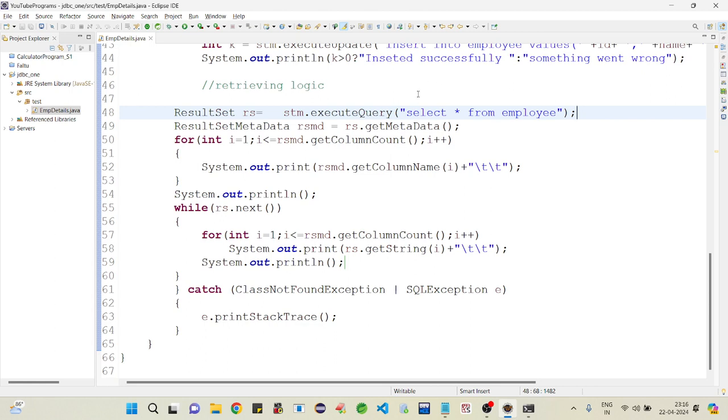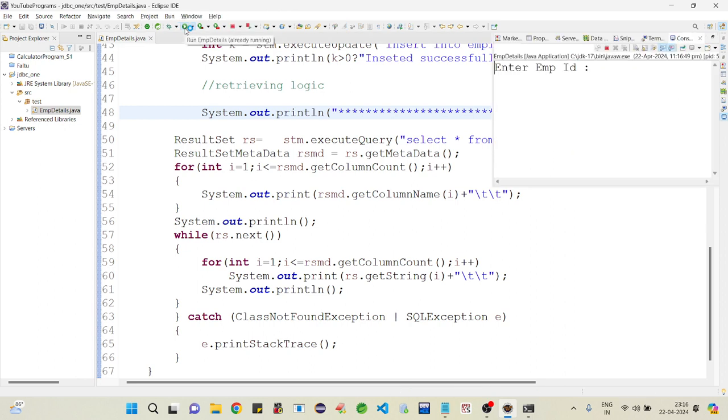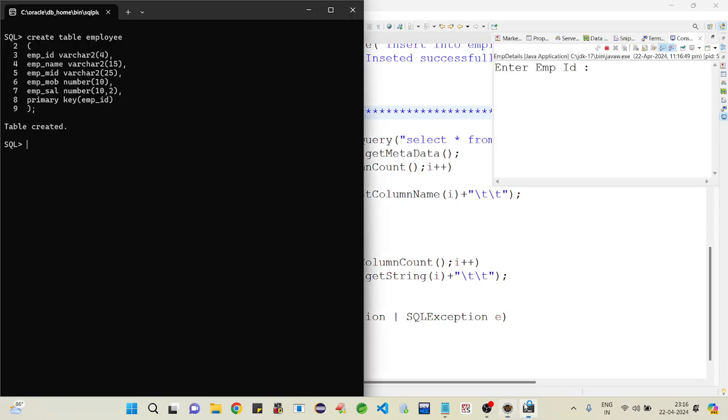Now I am going to run my program. First, see my table: select star from employee. No record is there.